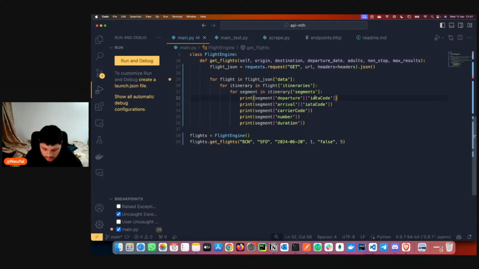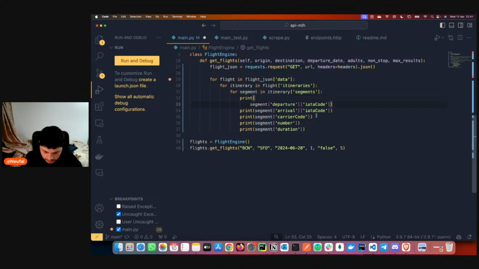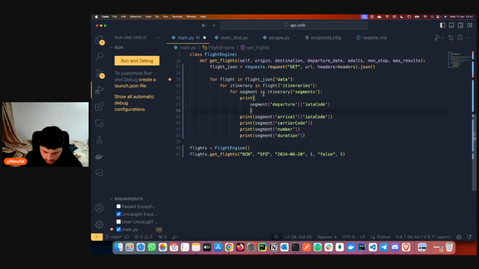So let's see how you can do this. Actually, you can just do this in one single line. It will be a little bit big. So let's add here, for example, an f-string, and segment. So this should be a little bit easier to read.